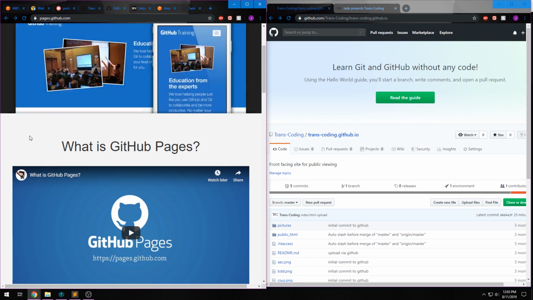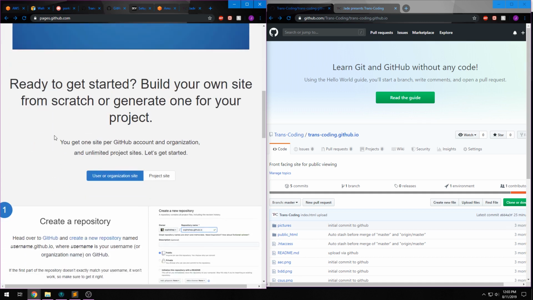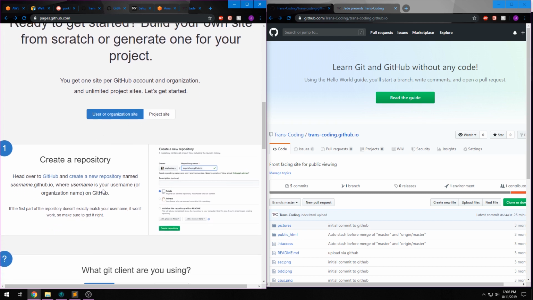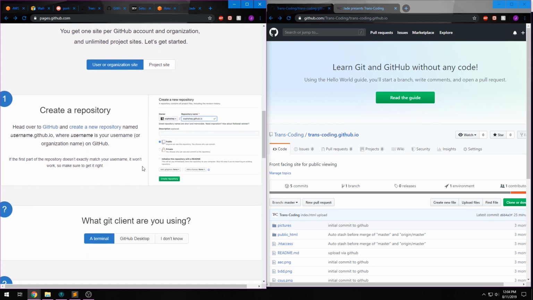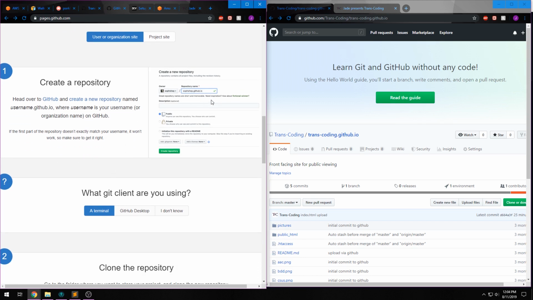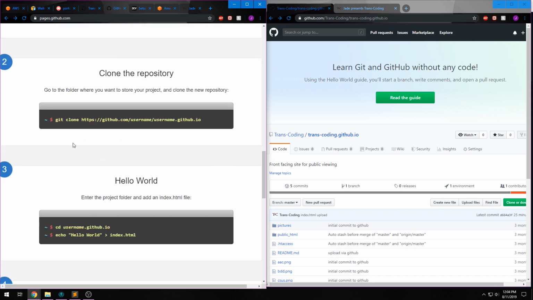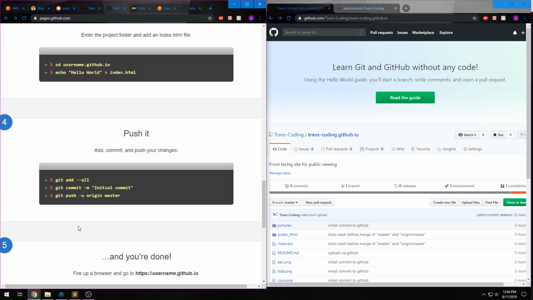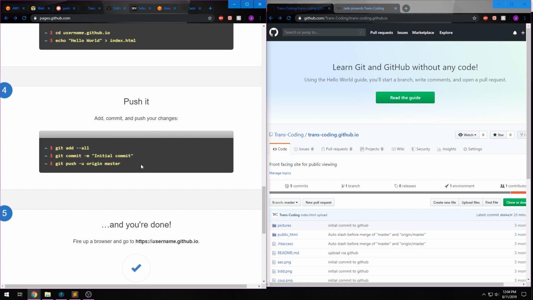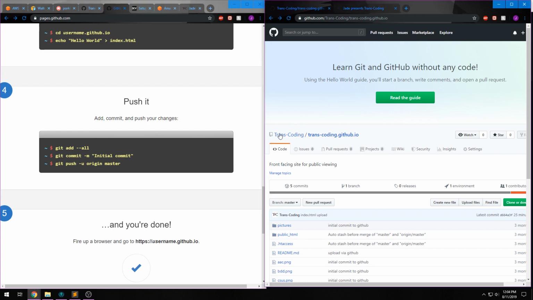and that's going to be at something.github.io. As you can see, if we go to pages.github.com, we're going to choose user or organization site. I've set this up ahead of time, so you can follow along with the simple instructions, but you basically need to create a repository, which is based off of your repository name and your ownership. So the same name as the owner is going to be the same as the repository name. Make sure that they are identical. Then you can use your Git terminal to upload, and then you would just copy and paste each of these lines in to push to the github.io page. Once you have that up and running,